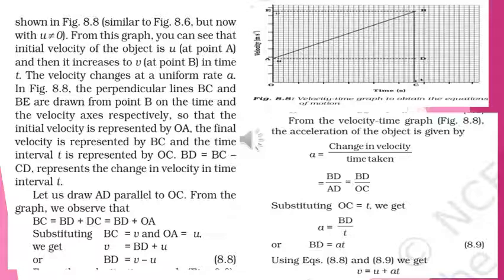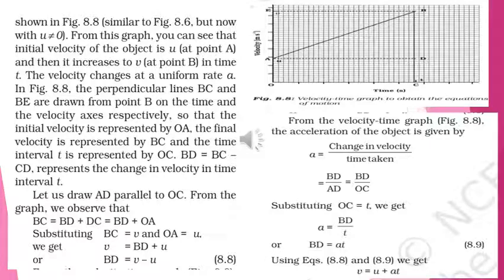The velocity changes at a uniform rate a. So in figure 8.8, the perpendicular lines BC and BE are drawn from point B on the time and the velocity axis respectively, so that the initial velocity is represented by